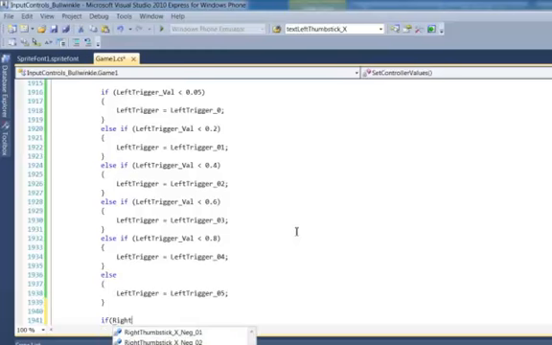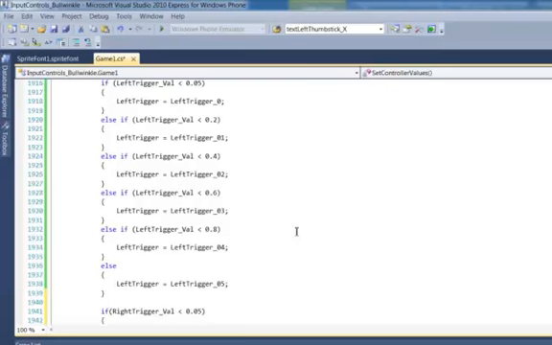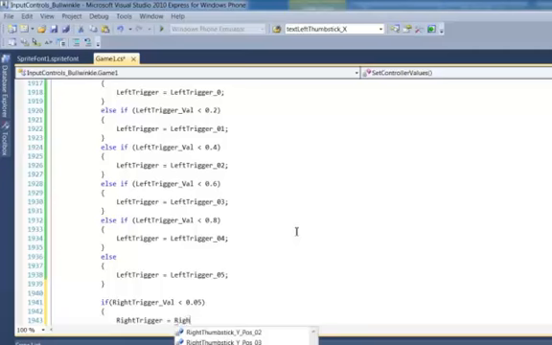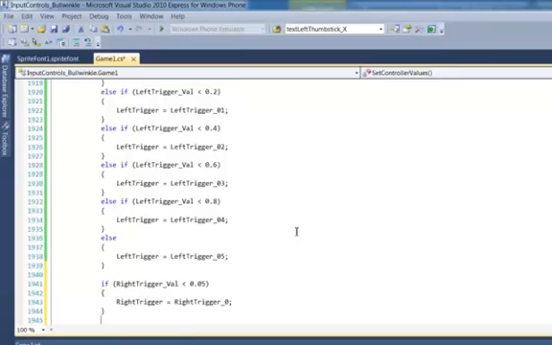If right trigger underscore val, these are going to use the same numbers, so less than 0.05, open curly, right trigger is equal to right trigger underscore 0, semicolon, closing curly, else if,